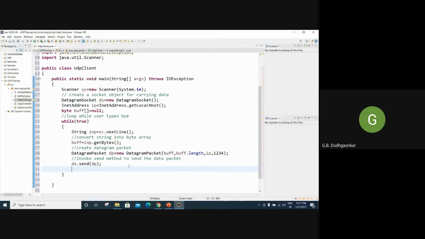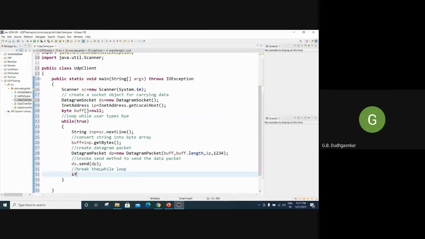Now we have to break the loop. As I told you, whenever the client types bye, then messaging will be stopped. So there, break the loop.